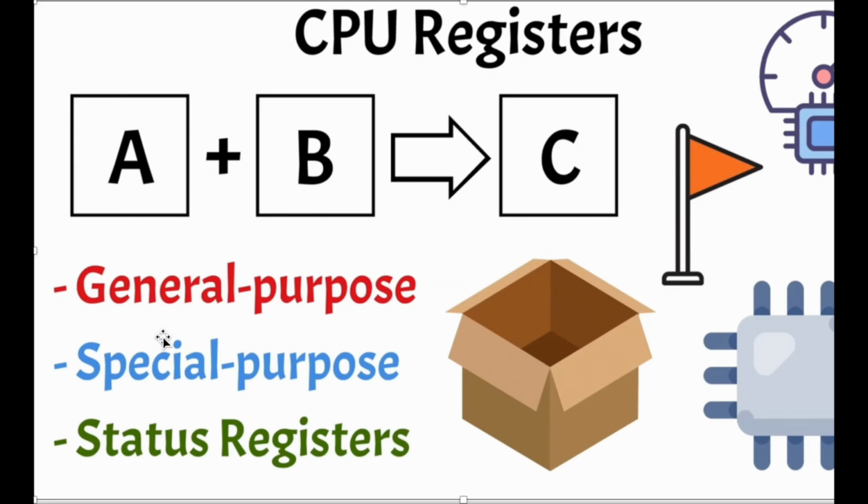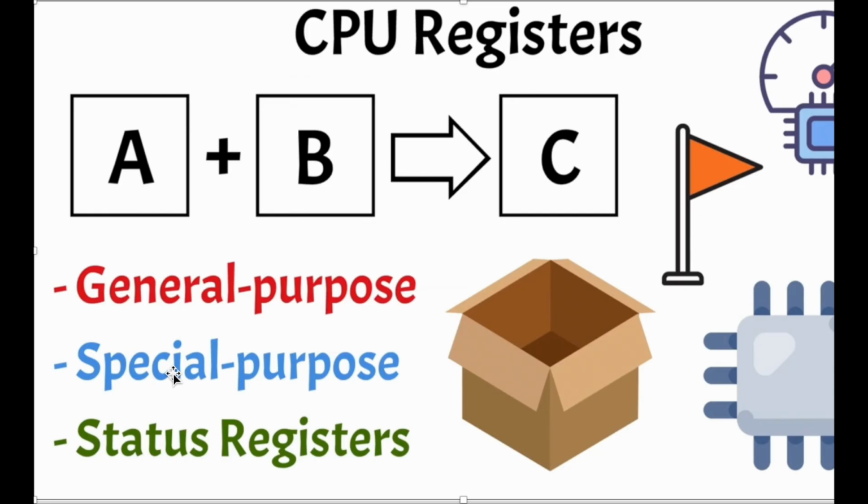Special purpose registers hold the current instructions being executed, and the program counter keeps track of the address of the next instruction. And status registers contain information about the current state of the CPU, including flags for